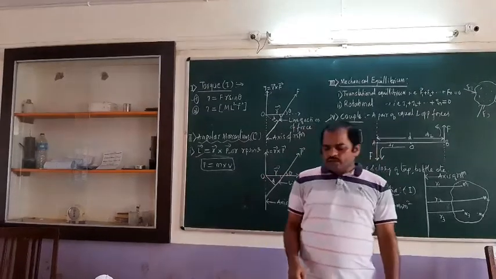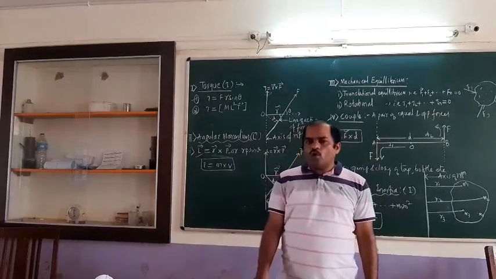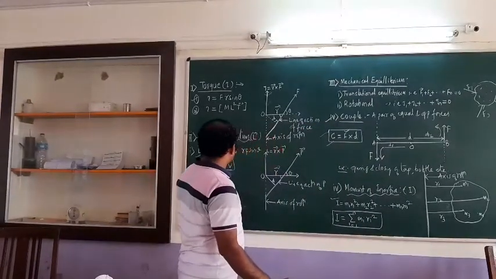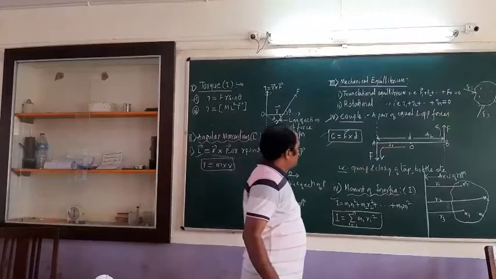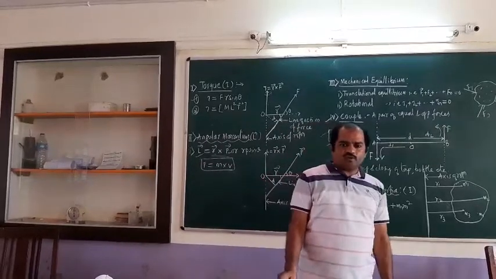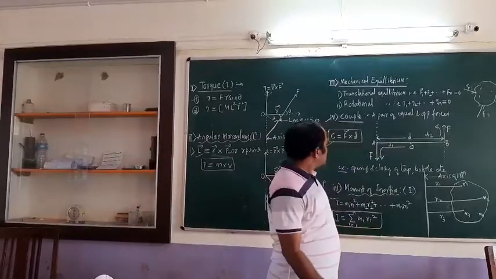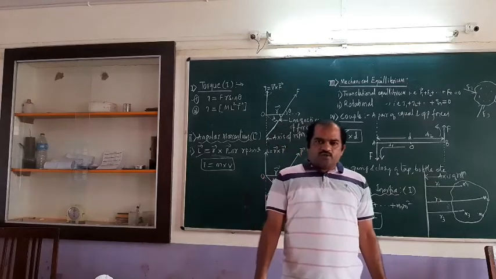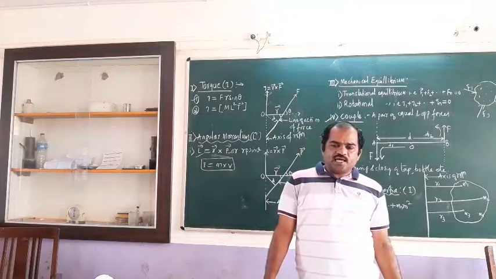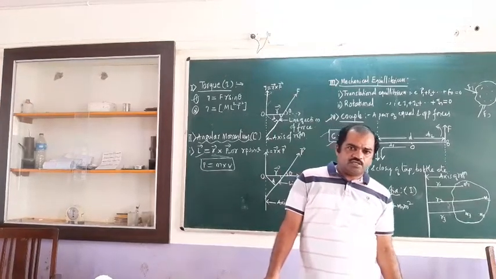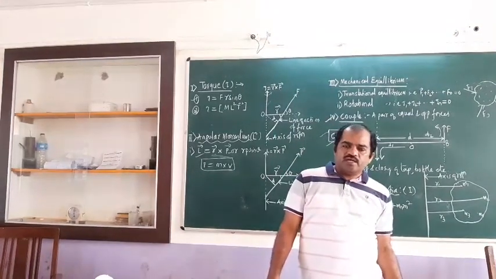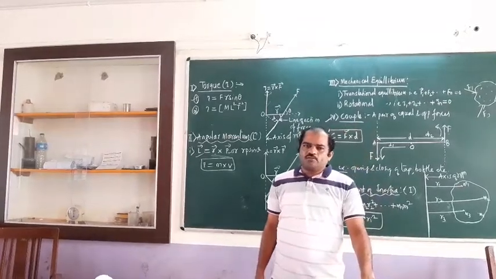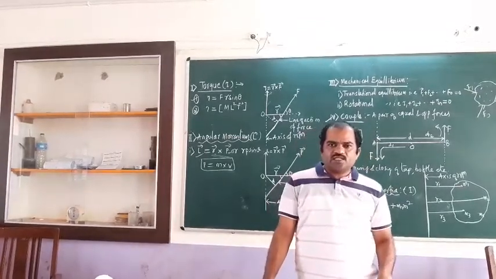So today we have discussed important small concepts and definitions like torque, angular momentum, mechanical equilibrium, conditions for mechanical equilibrium, couple, and moment of inertia. Today we shall stop here. In the next class I am going to continue with other concepts like radius of gyration, the perpendicular axis theorem and the parallel axis theorem. Thank you.